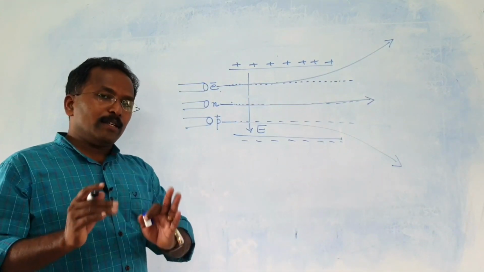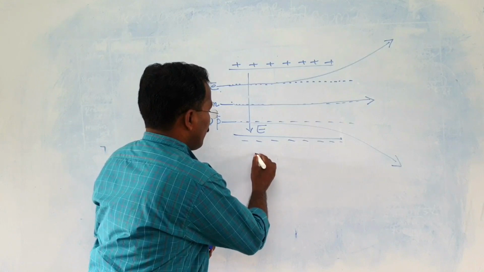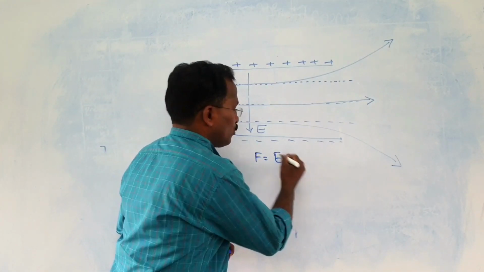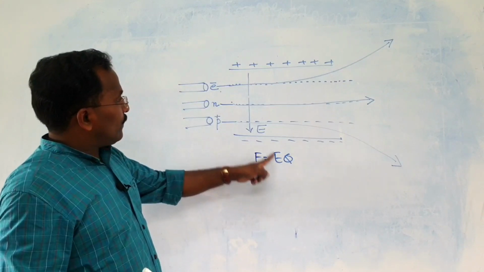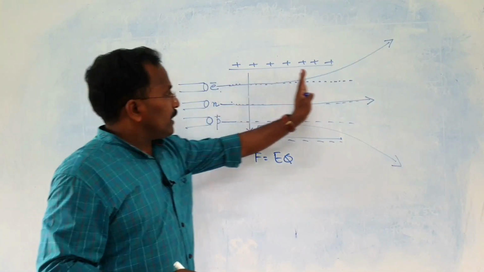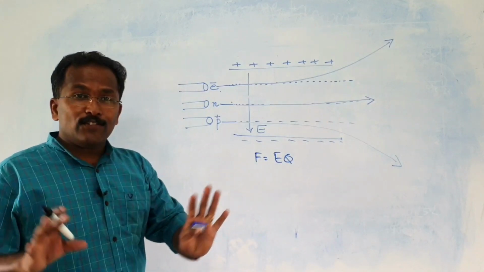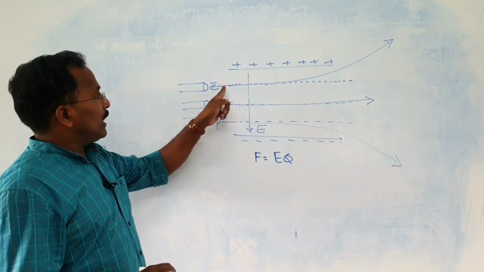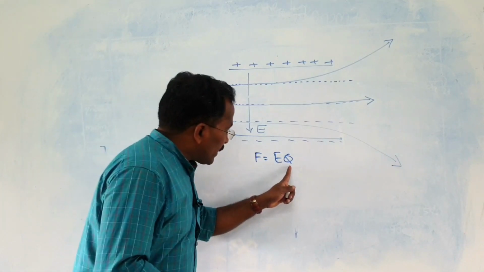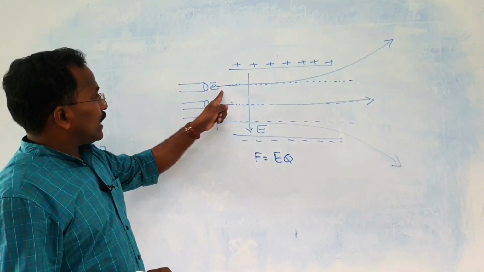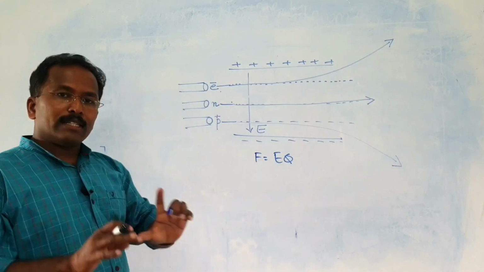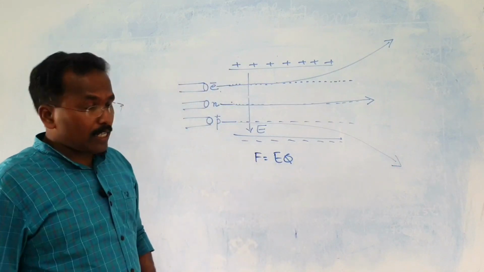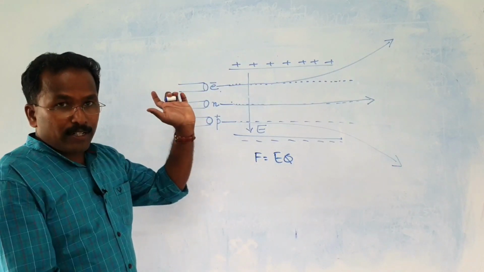Now for understanding the magnitude of the force, F is equal to E into Q. As far as the electric field is concerned, everywhere here we imagine it is the same uniform electric field. Force is the same for proton and electron. As far as charge is concerned, the charges on electron and proton are the same, so they both will experience the same force. Okay. Now they are deflecting.